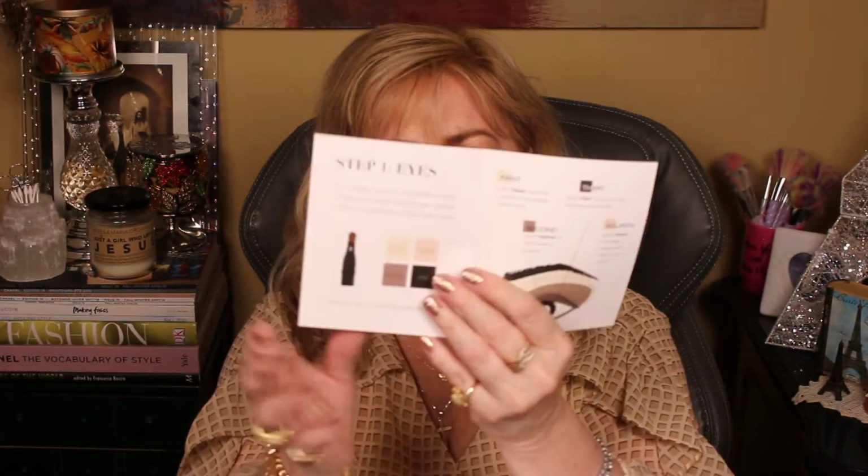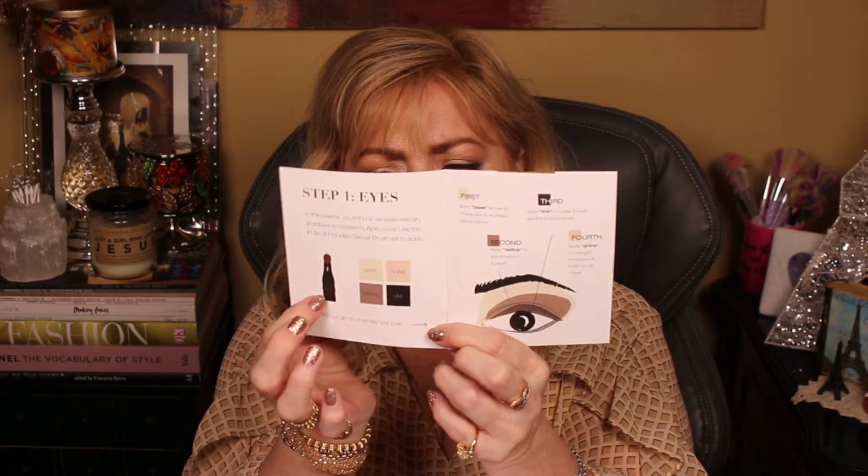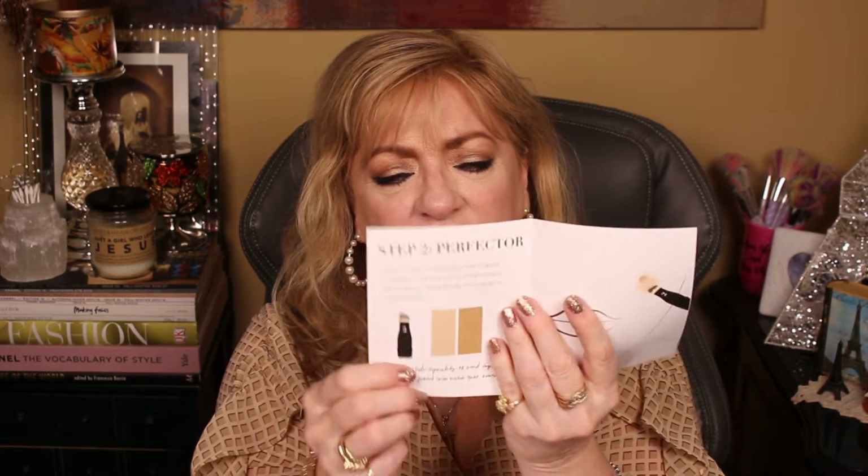And it's going to walk you through even using the brushes that came with it: the base, the shine, the define, the line. And I like that they show you how to do it. We'll just go ahead and follow this. This is step 2, perfector, and it's got the other end of the brush, and it shows,